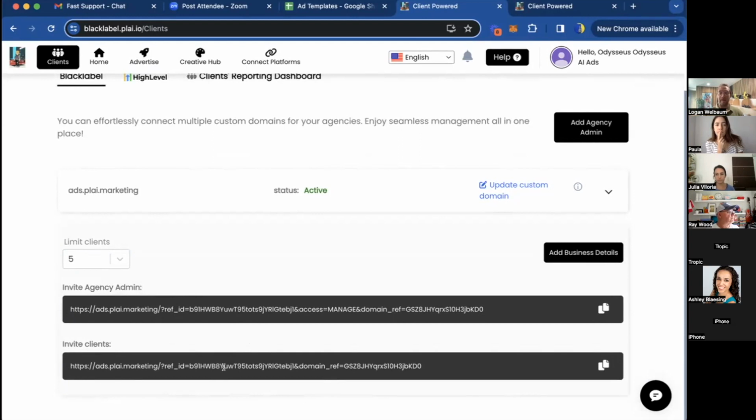From there, this is going to look like your white label accounts currently do, but it'll be underneath your account and it'll have their own domain on it. Besides the setup, everything in Black Label is the exact same as white label. You'll notice the exact same features. It's pretty much just the management of this right here.